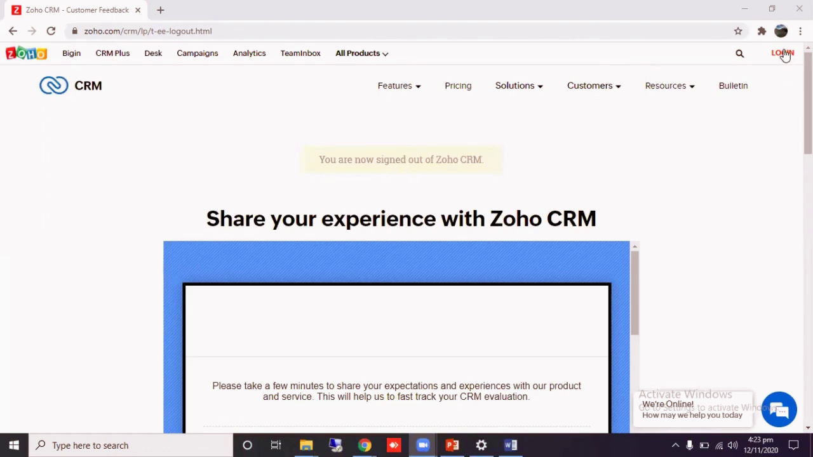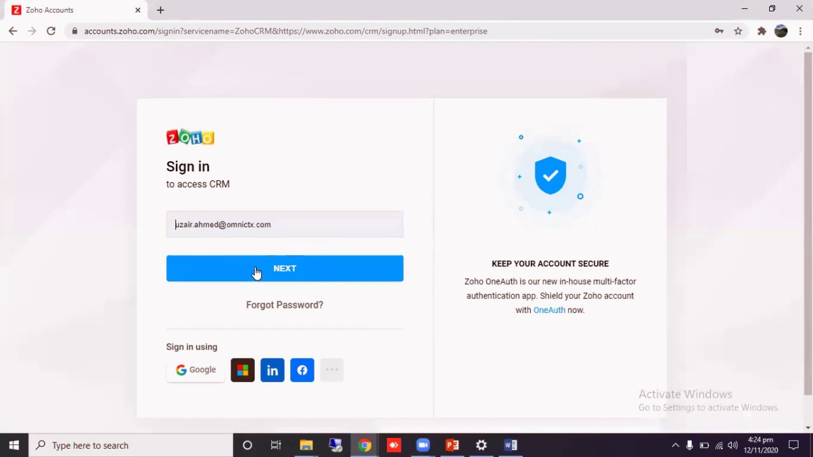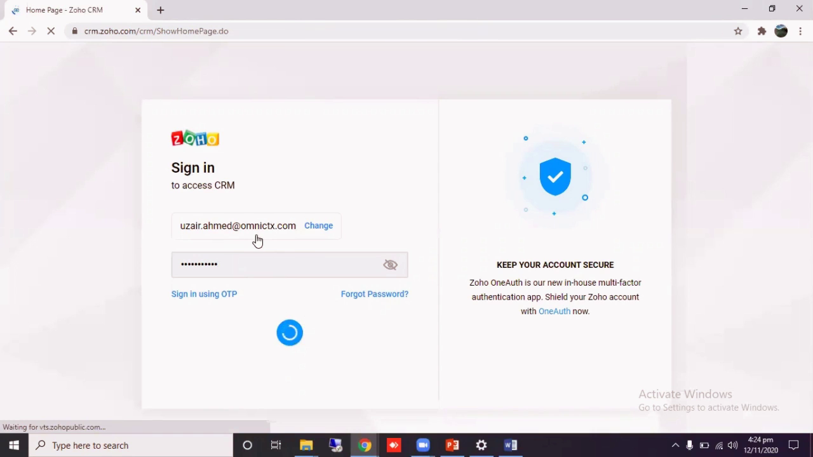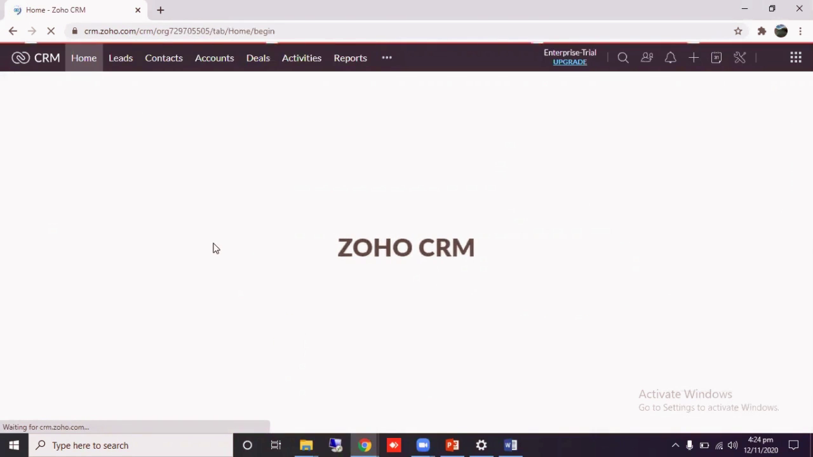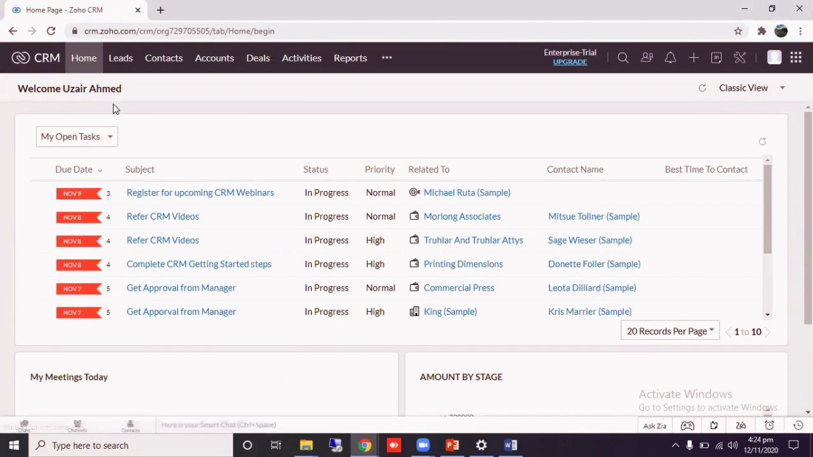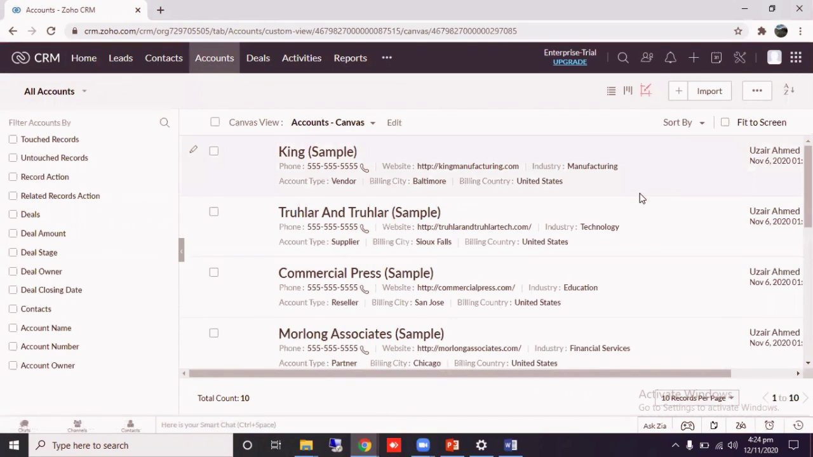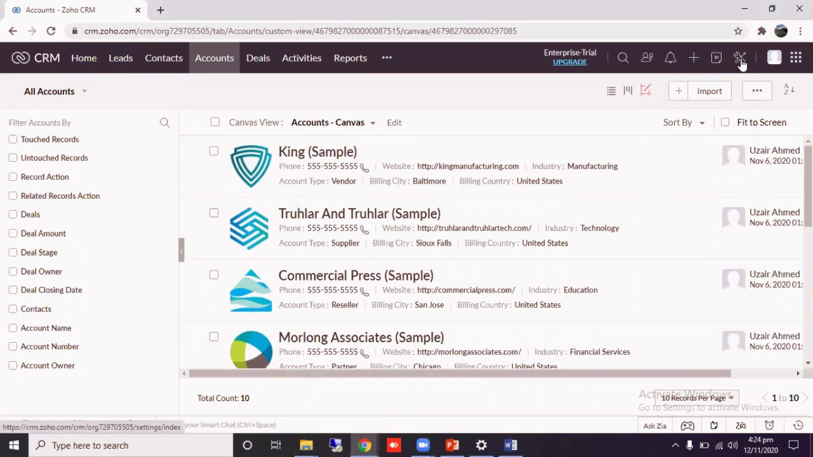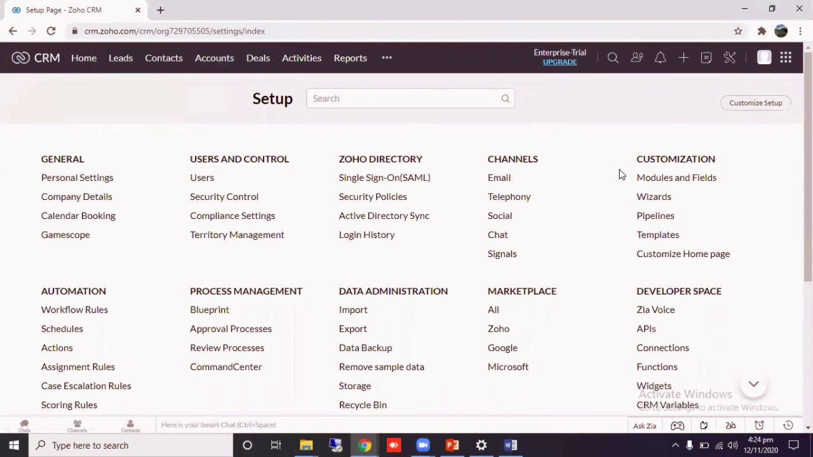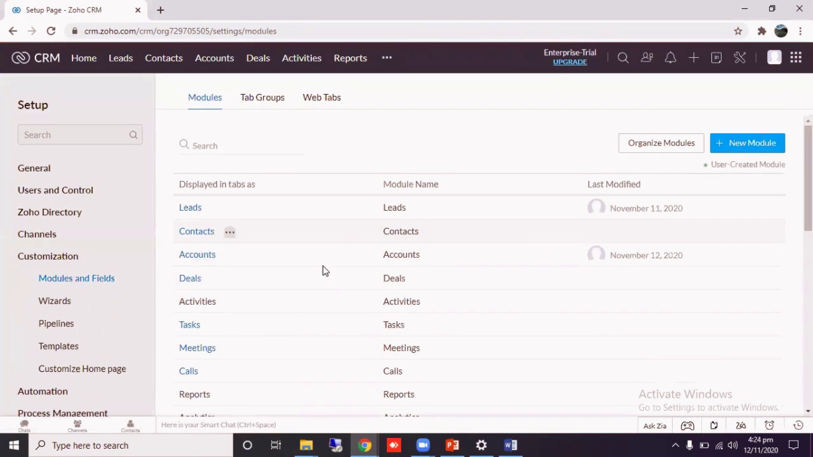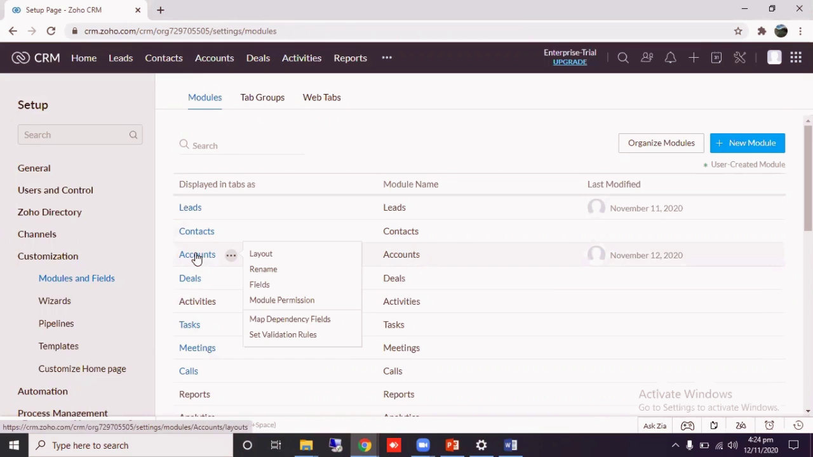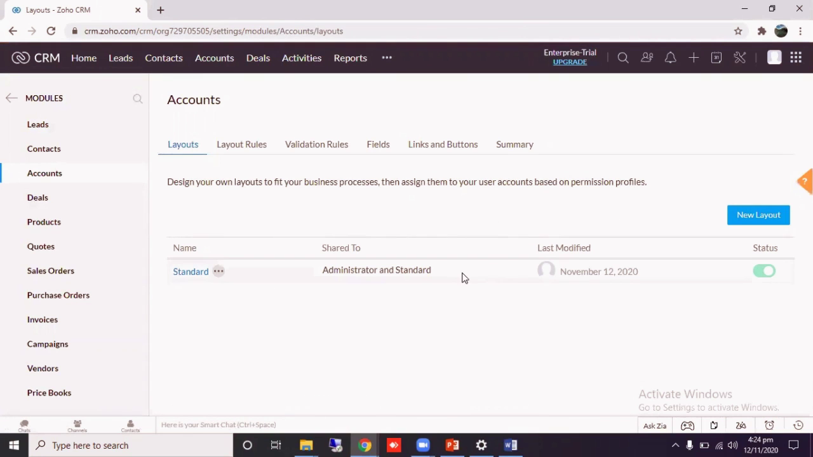So first log into Zoho CRM. Press the login button and write your username and password. Here you can see the different modules of Zoho CRM. So I'm going to add new fields on the accounts module. To add new fields, first click on settings and go to customization, then modules and fields. Click on modules and fields. Now select the module on which you want to create new fields. Click on accounts, and accounts is using a standard layout. Click on standard,